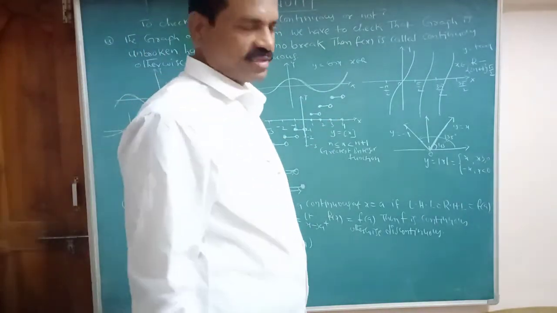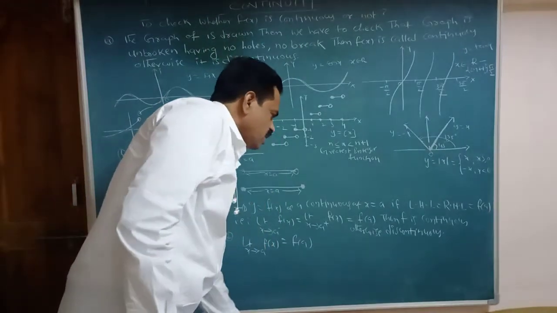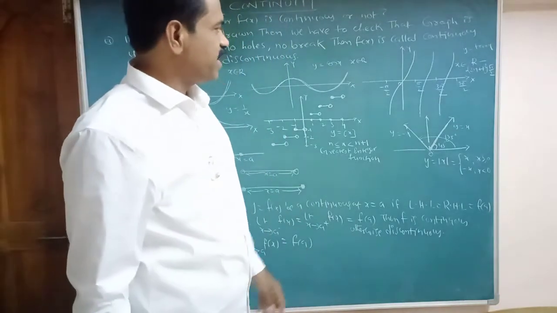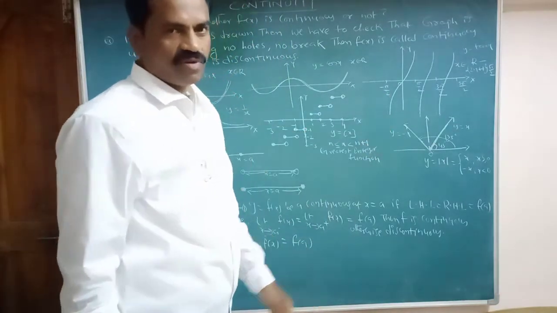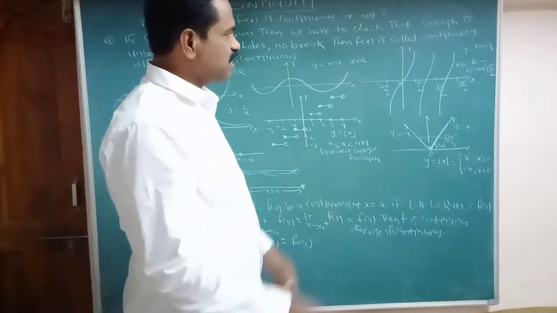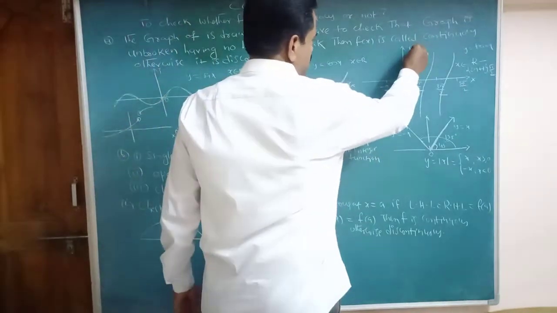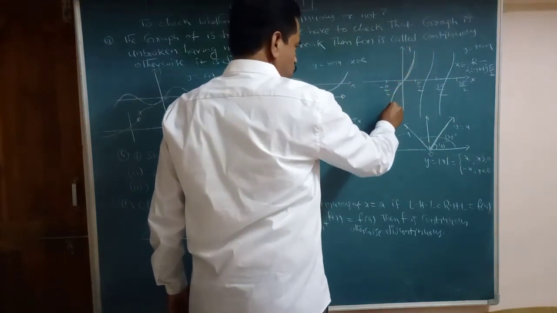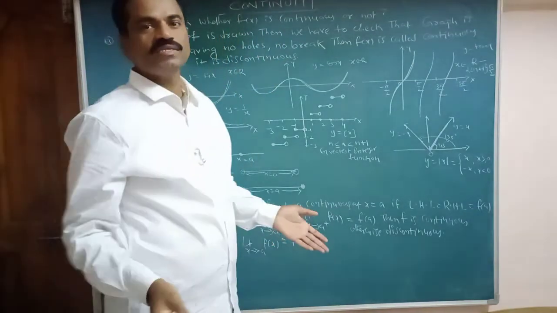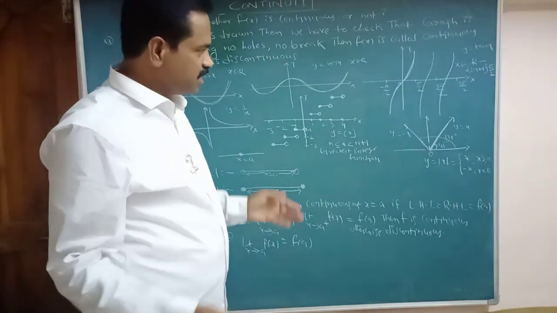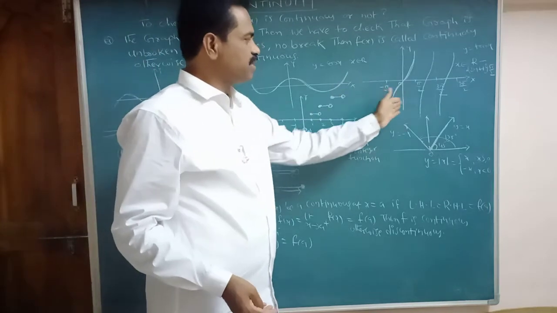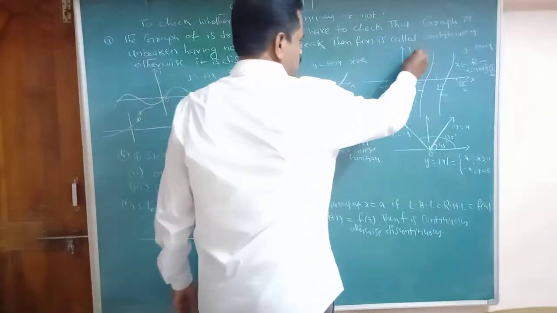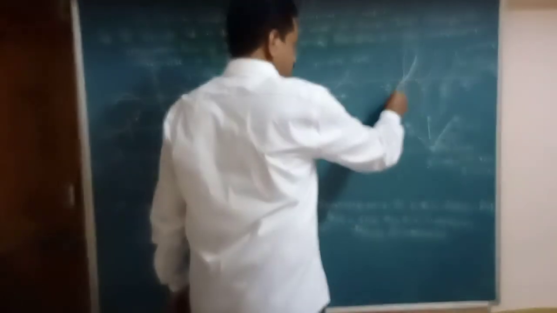Next, y equal to tan x. You observe here, at π/2, tan 90 is how much? Infinite. It is minus infinity as well. So here some gap is there up to infinity. In between minus π/2 and plus π/2 for the closed interval, it is not continuous. In the open interval, in between minus π/2 and π/2, or π/2 to 3π/2, it is continuous. They are restricted here.